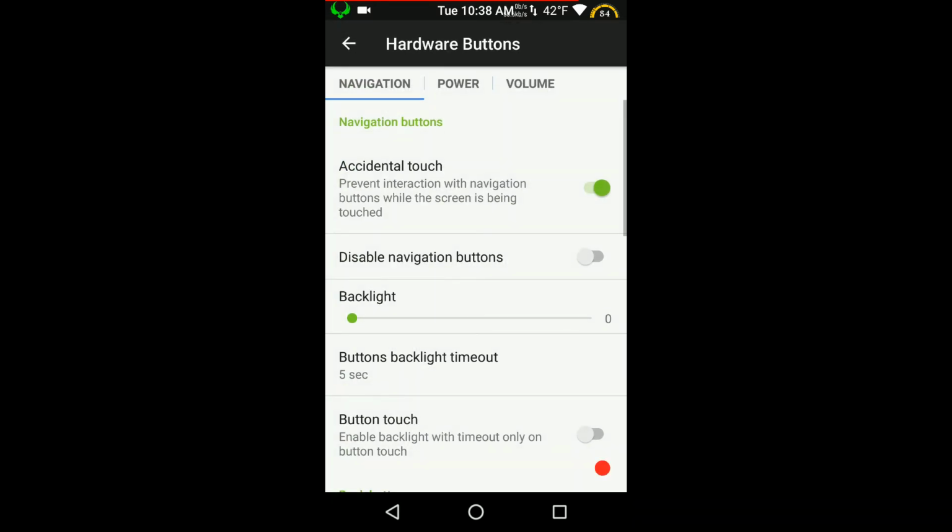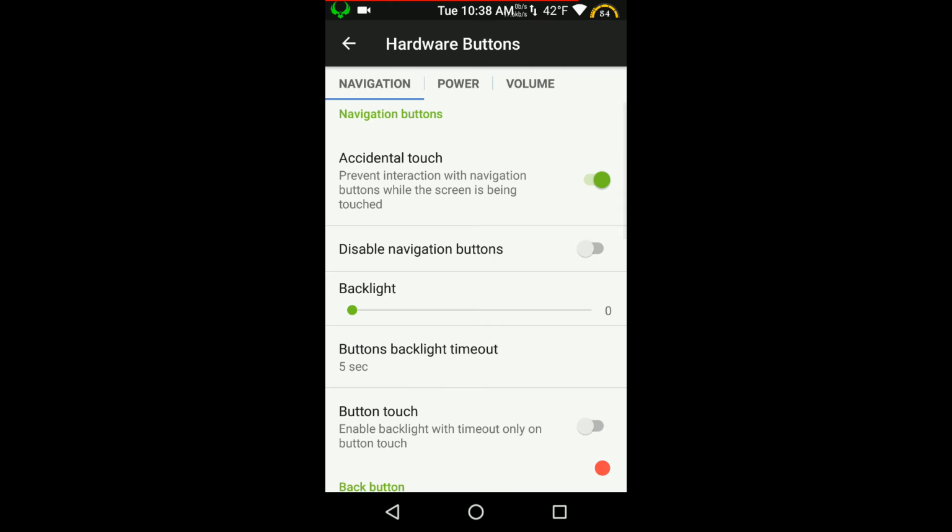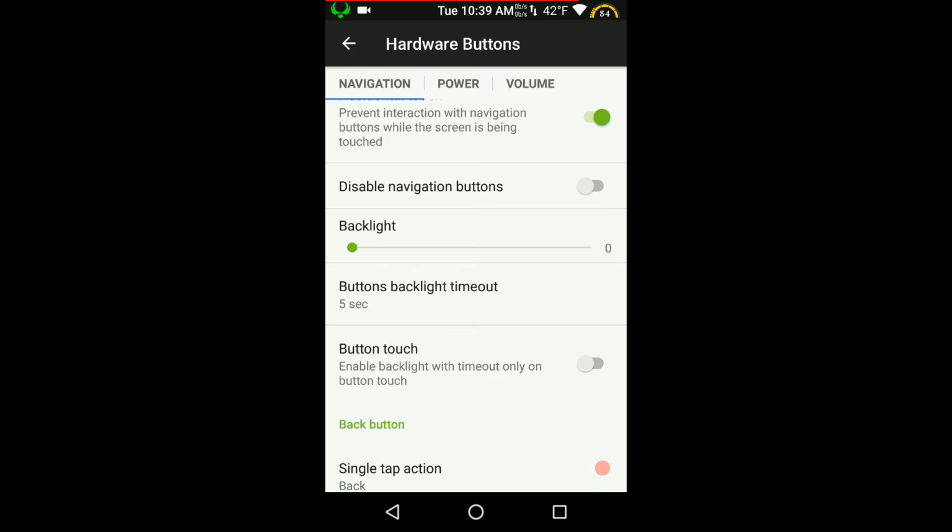Hardware buttons are up next. You do have the accidental touch button to disable you accidentally touching it as you're pulling it out of your pocket, stuff like that. This has disable navigation buttons if you're going to run with, you know,